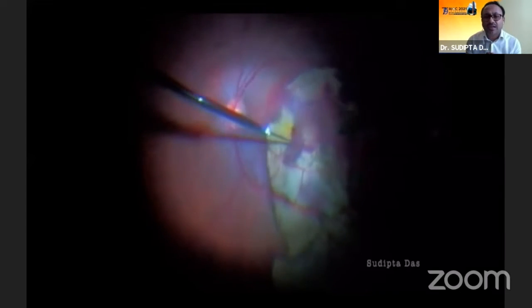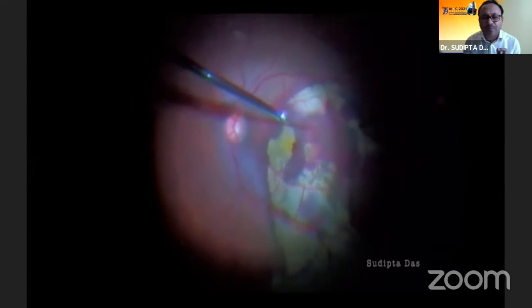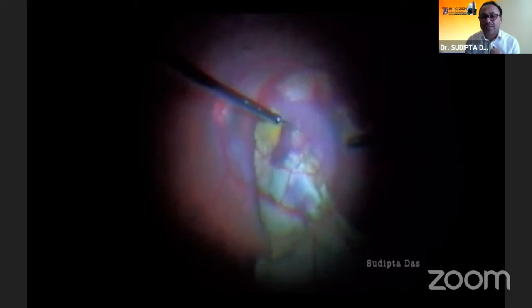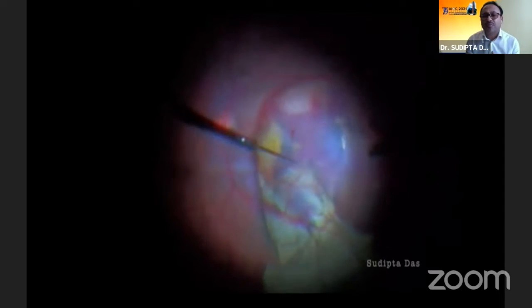ml TPA. That is introduced by a 40 gauge needle. A very tiny proportion, maybe hardly 3-4 bubbles, is good enough to create small blisters in the subretinal space. This was one area which was swelled up by TPA, and these are the other areas where you can see a very nice blister over the posterior pole.